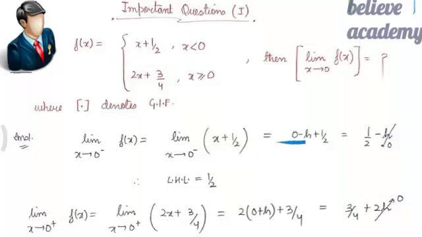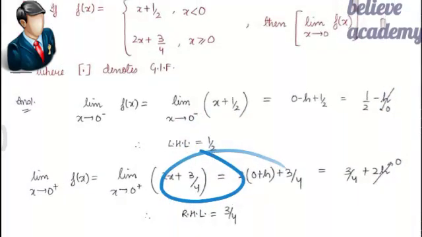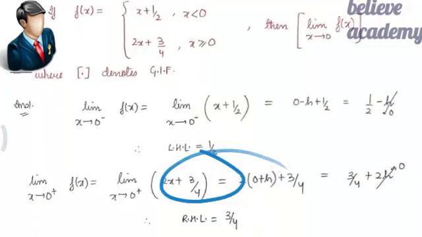So that is equal to 0 minus h plus 1 by 2, which will be equal to 1 by 2 minus h. So we all know that we take the value of h tends to 0 basically. So h tends to 0 would give me the value of left hand limit to be equal to 1 by 2. Now if we take the right hand limit, that is limit x tends to 0 plus f of x,